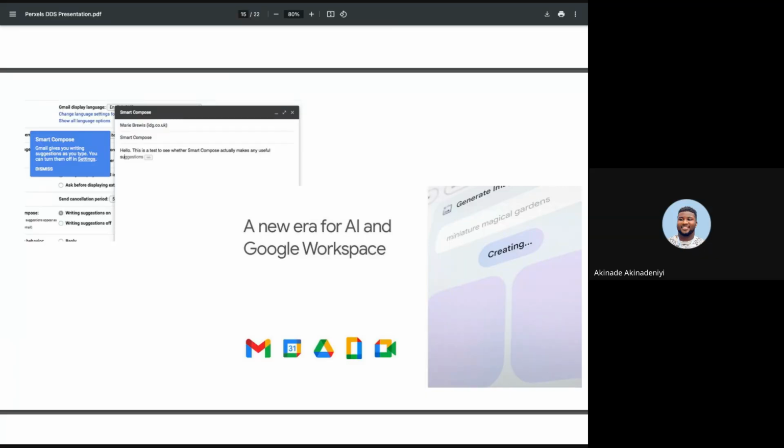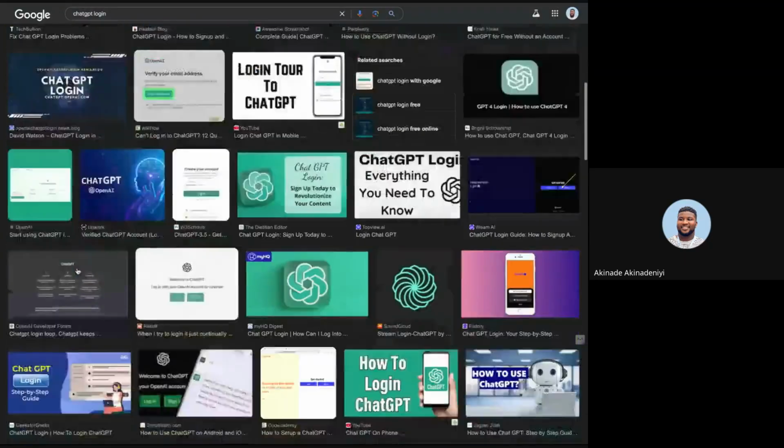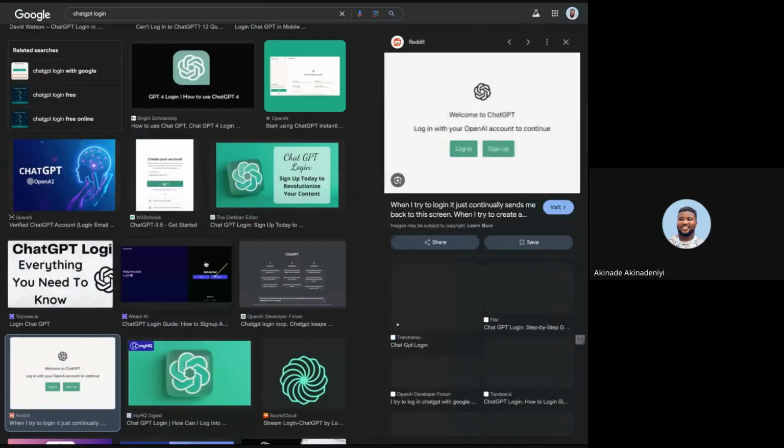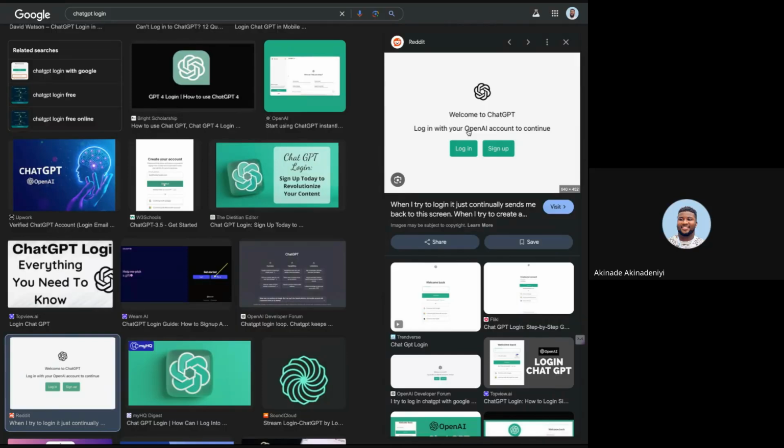The login page for ChatGPT at that time had this design flaw. I am trying to look for it on Google. I hope I can still find it. Aha, this is it. As designers, we never put two primary buttons together.